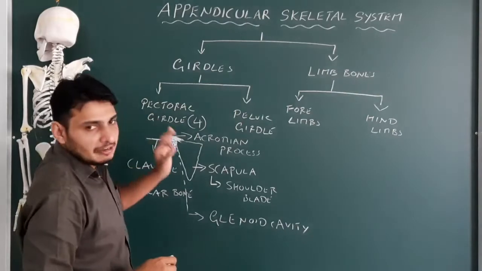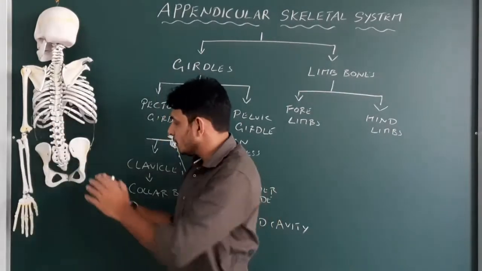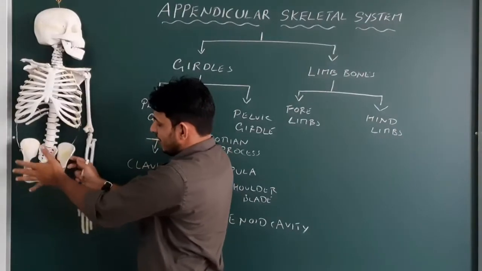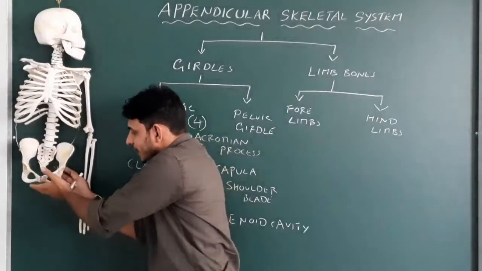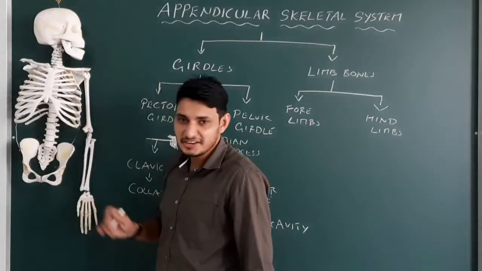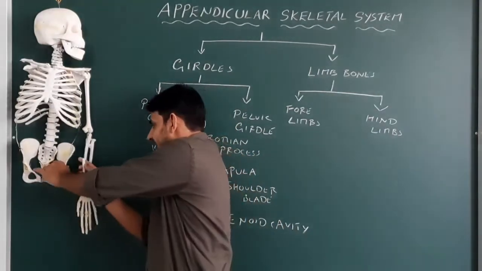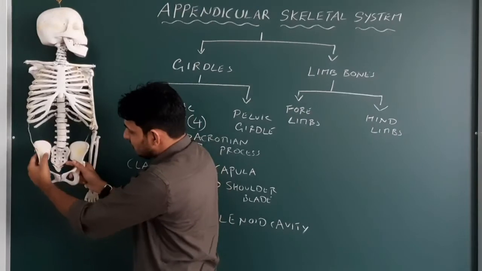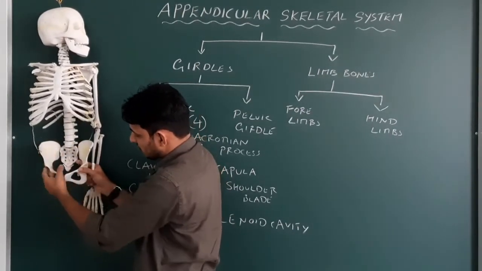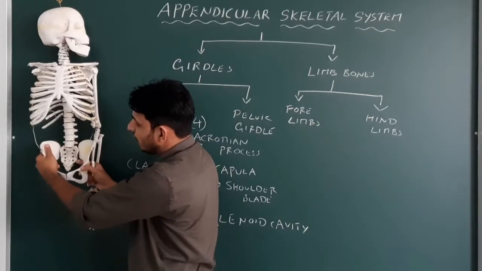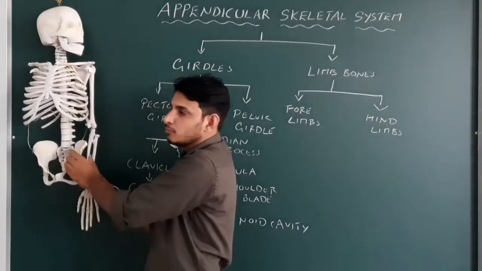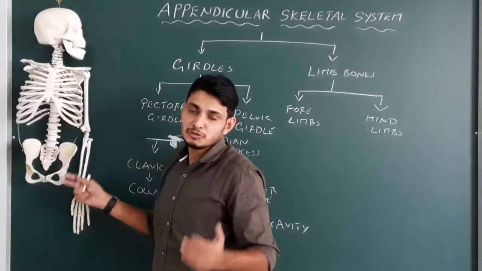If you go to the pelvic girdle, how many bones are there? This is the pelvic girdle. The main function of this is to provide articulation to the hind limbs, that is our legs. Legs are removed, I'll show you later. Here you could see this portion. This is the right side and this is the left side. This portion is composed of only one bone. This is one pelvic bone and this is another pelvic bone. So there are only two pelvic bones which are attached.